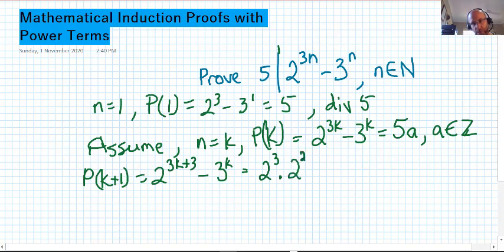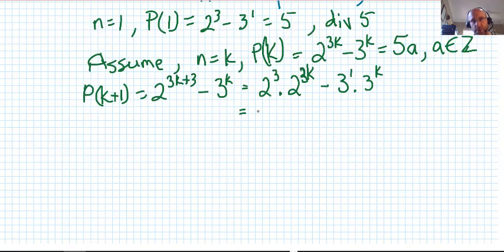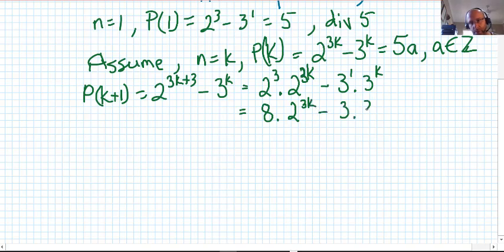Sorry, that should be a 3k minus 3 to the power 1 multiplied by 3 to the k. So 2 cubed equals 8 multiplied by 2 to the 3k minus 3 times 3 to the k,